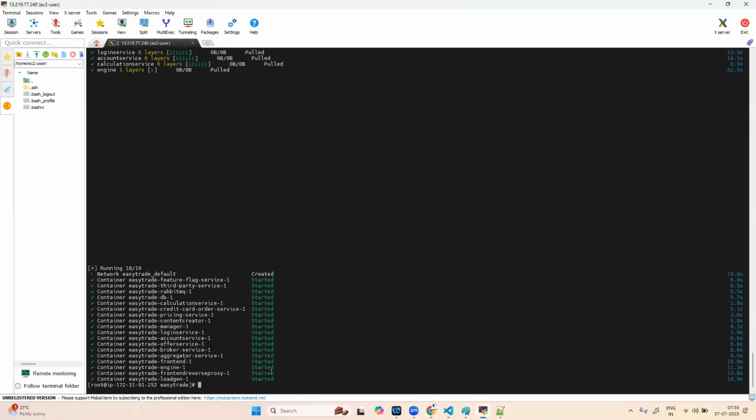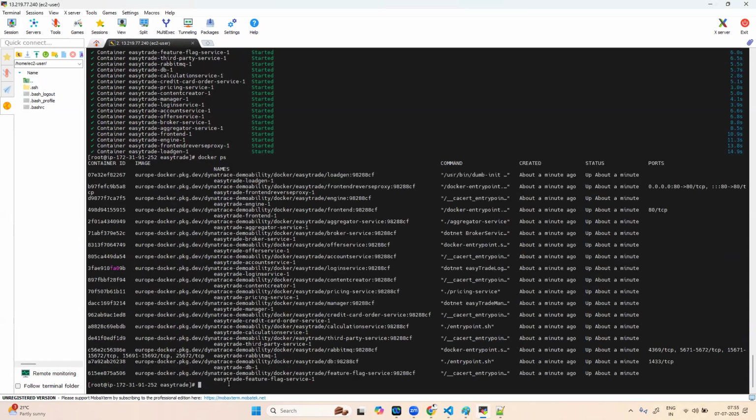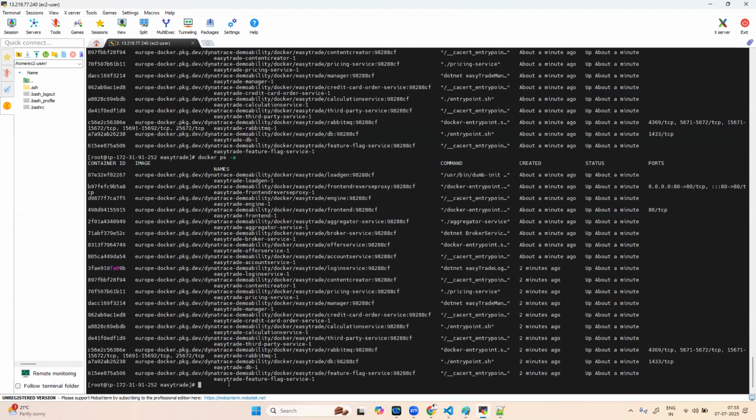So now, all my applications are running. If I do docker ps, it shows only whichever applications are running. If you type docker ps -a, it will show running containers as well as containers that got into exited state. So you see this, there is no exited state. You can see all the created ones. If you type